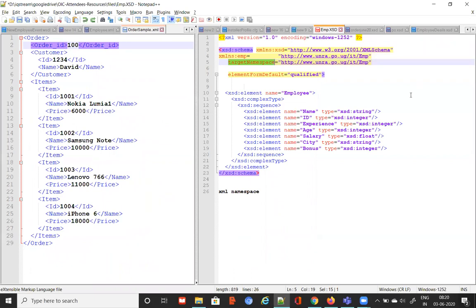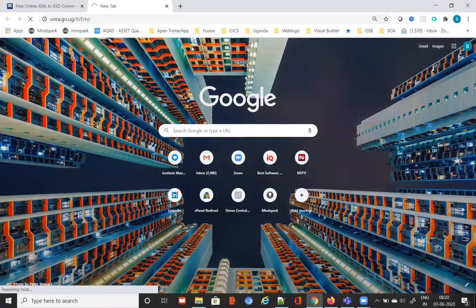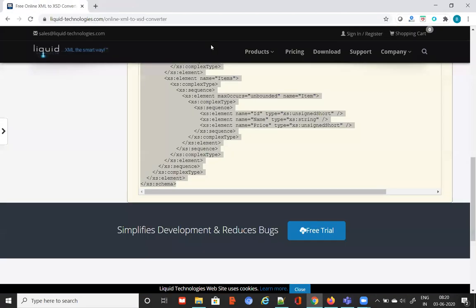Now, how will you make sure that there is no clash or conflict? That you usually achieve with the help of namespaces. Your namespace and that namespace will usually be different. In order to make your namespace unique, you use URLs, because URLs will always be unique. And after you use the URL, like your company website, you can add additional things to make your namespace unique, like IT, EMP. It doesn't mean this has to be available somewhere on the internet. You open it and try, it is not going to have that value. That's fine.